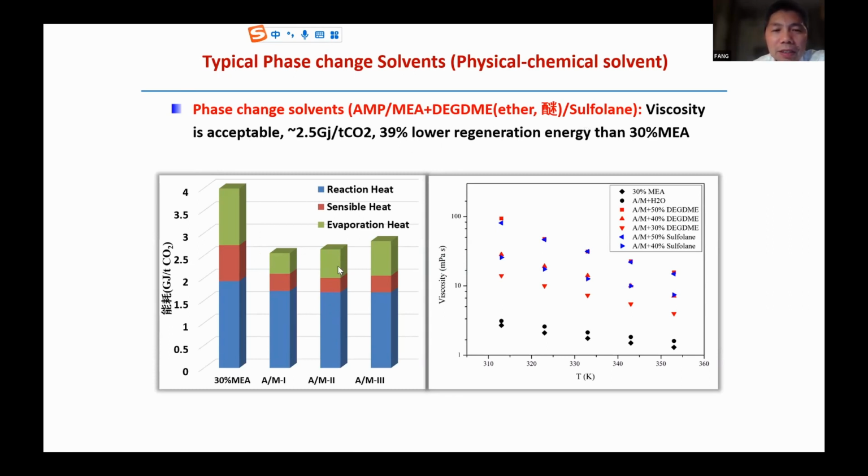And for these solvents, MPME is a chemical solvent, and DEG-DME is a physical solvent, and this can also become a phase change solvent. And for this one, the viscosity is acceptable. It's somewhat bigger than MEA, but still not very large. Here, for example, it is only 5 times that of common MEA, but the energy consumption can decrease to 2.5 gigajoule per ton